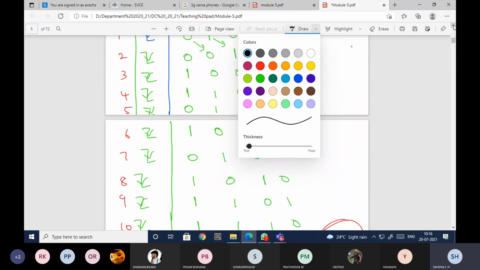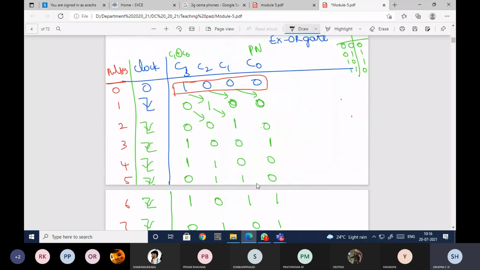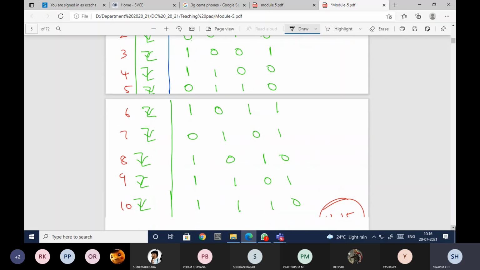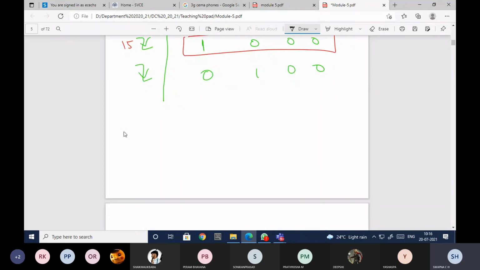What is your PN sequence here now? Which flip flop output will give you the PN sequence? The C0 flip flop. Okay, so let me write the C0 flip flop output, which is nothing but the PN sequence. So therefore, the PN sequence is... can anybody tell me the PN sequence?